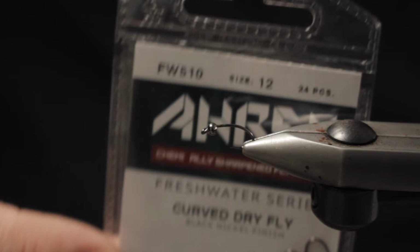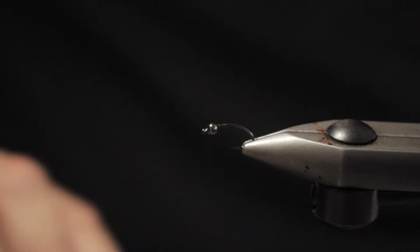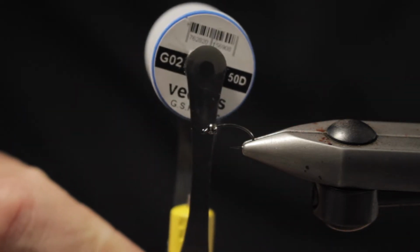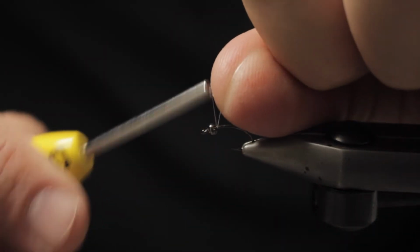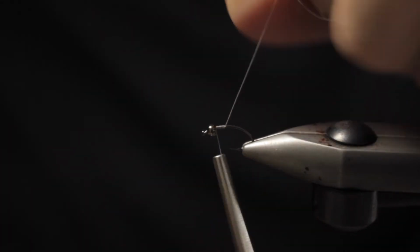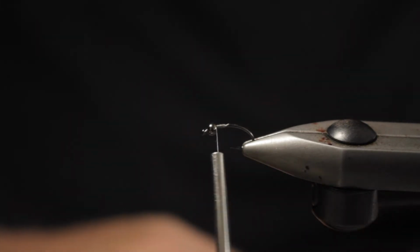Alright guys, so in the vise we have an Ahrex FW510 hook. This happens to be a size 12, and we've got a 1/8 inch bead on there. I'm using some Veevus 50D as my thread, and we're going to start by doing touching turns all the way down the shank of the hook. We're going to take this pretty far into the bend,